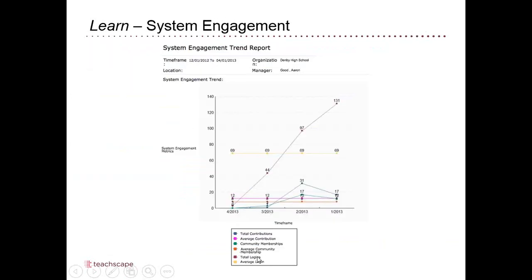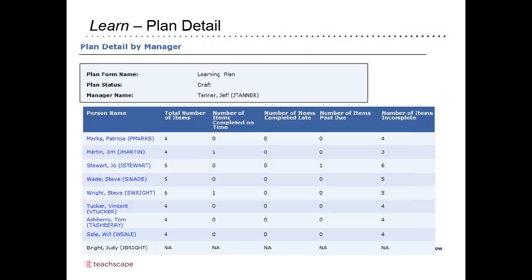And then you can see engagement. Because this is again along the lines of doing some sort of communities, how many contributors have there been? What types of members are there in our different types of communities? Again, more plan information. In other words, you created learning plans. How many items are in the plans? How many have been completed? How are they working on these plans? And this could be something that's for a new teacher. It could be somebody who's on an improvement plan, or it could be something just across the school district who said we want everybody to complete these particular modules during the school year.